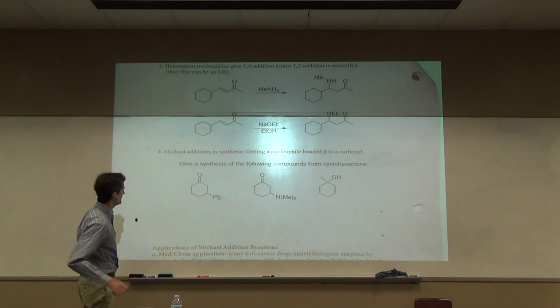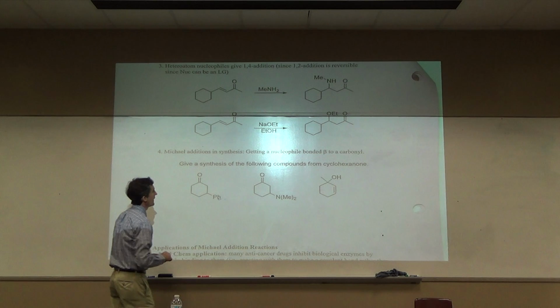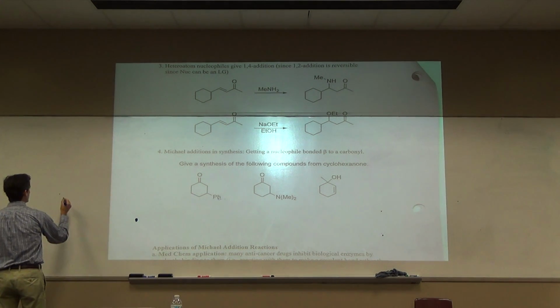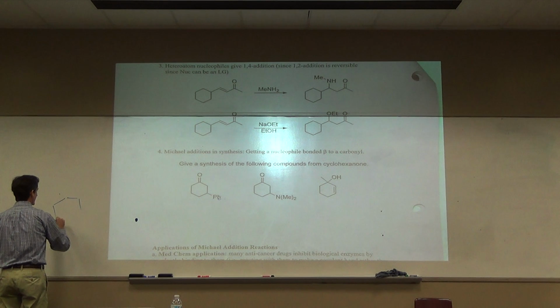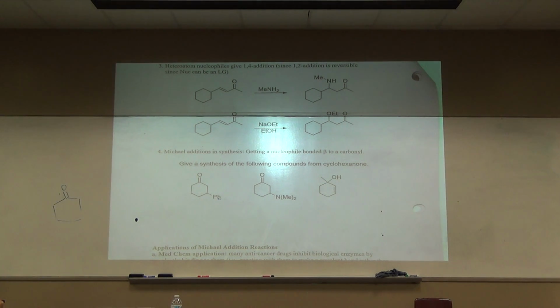Okay, Michael. How would you make these compounds? Well, this one was made above, from cyclohexanone. How about the one in the middle? How can we make the compound in the middle from cyclohexanone? What do you want to do? Just react this with what? Br2 and HBr, just with dimethylamine? No, that would give